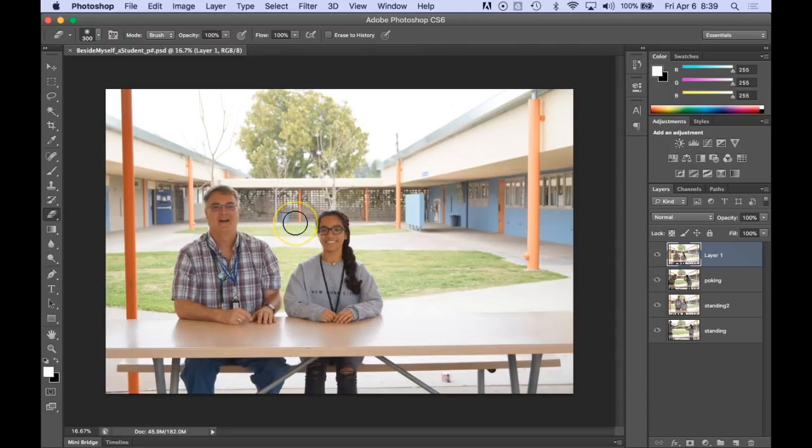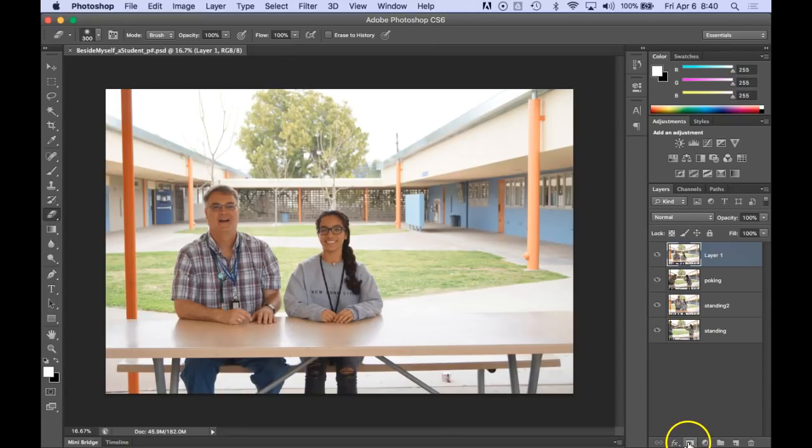A layer mask allows you to erase something without actually deleting it. It's a weird concept to understand, but if you had me in the wheel last year or the year before, you remember we cut the person's face in half using a layer mask. We're going to use that same procedure, and the way you do that